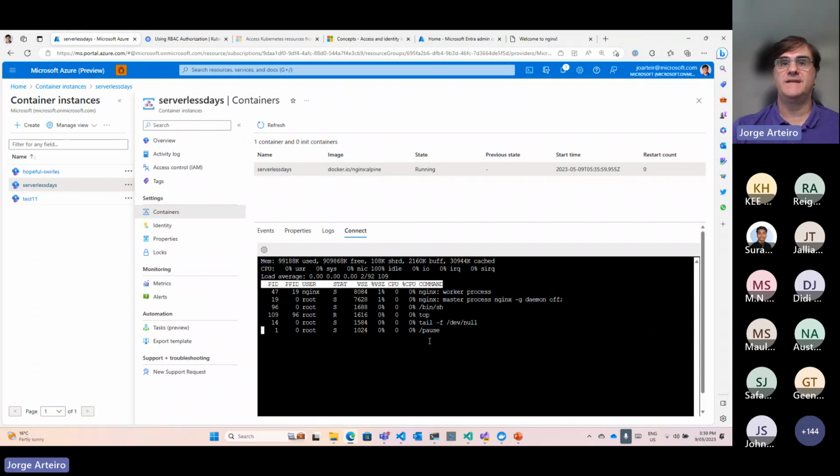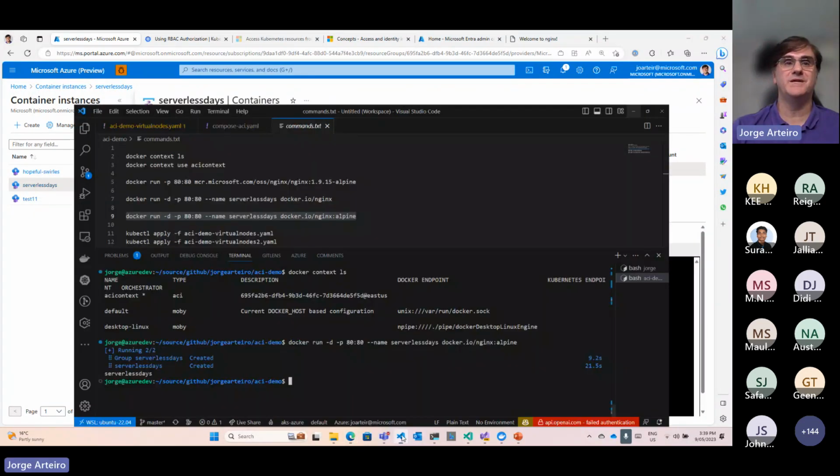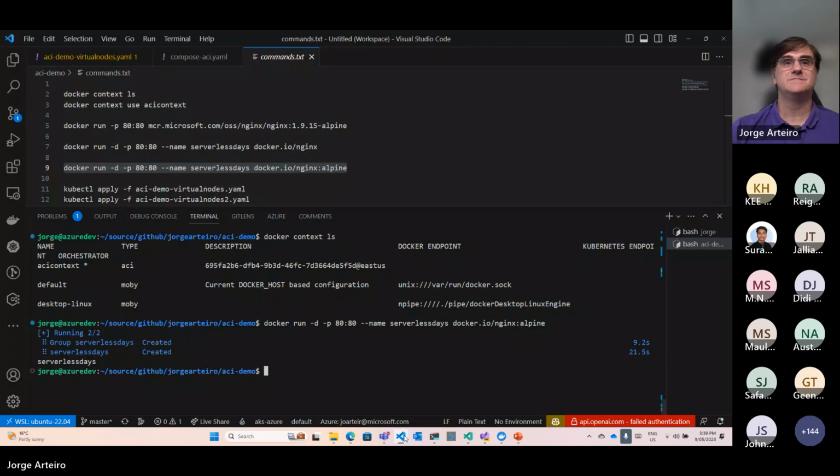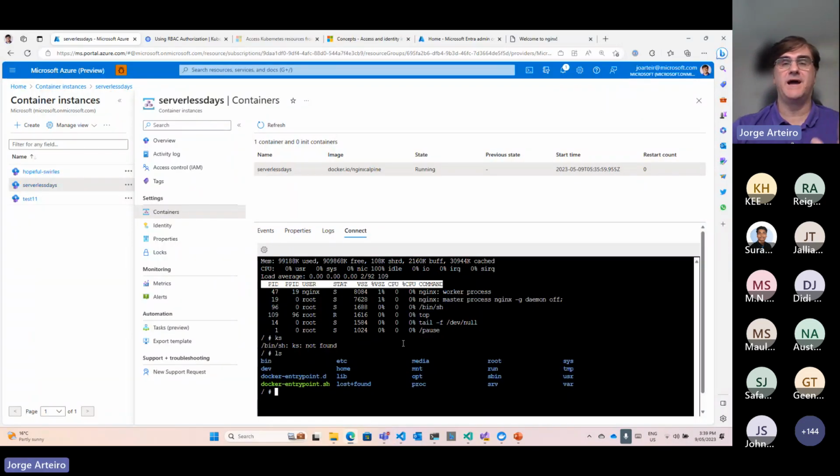And I think they're using just tail to get the logs. That's it. That's the container running. And I'm inside the container here from the Azure portal. But I created this container from the Docker command line. That's an easy way to start. I started by showing from the local desktop to Azure, but let me show locally, completely locally now.